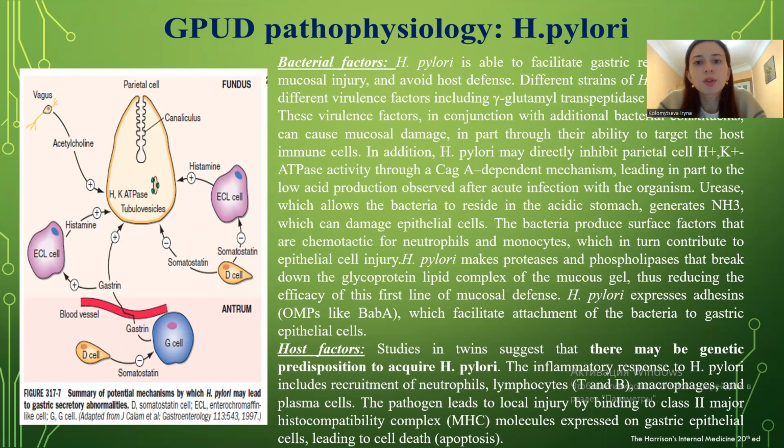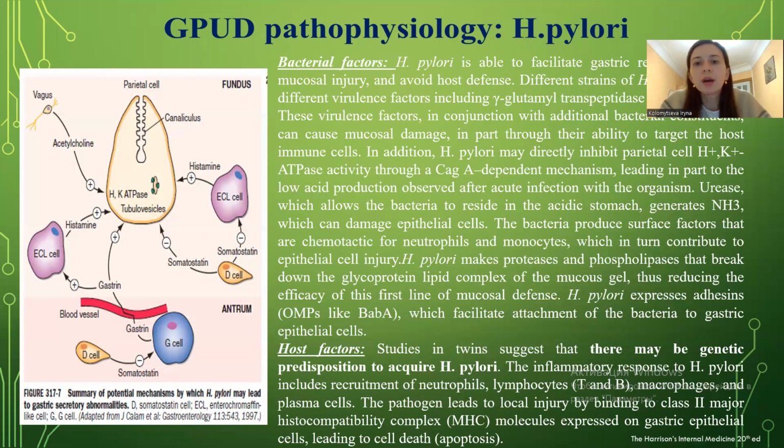This virulence factor, in conjunction with additional bacterial factors, can cause mucosal damage, in part through the ability to target host immune cells. In addition, Helicobacter pylori may directly inhibit parietal cell potassium-sodium ATPase